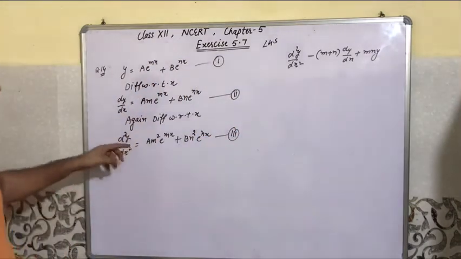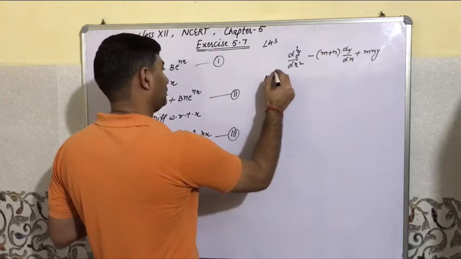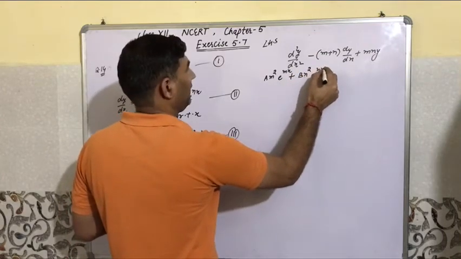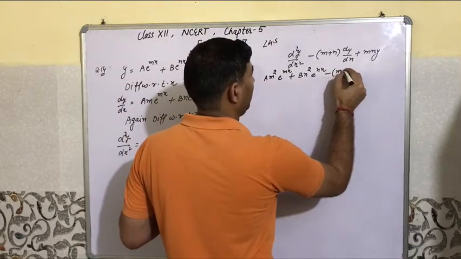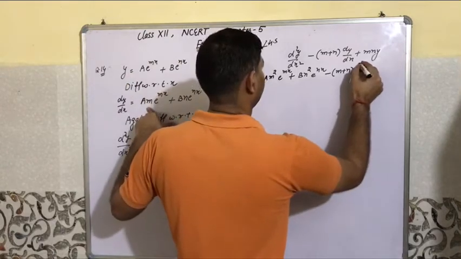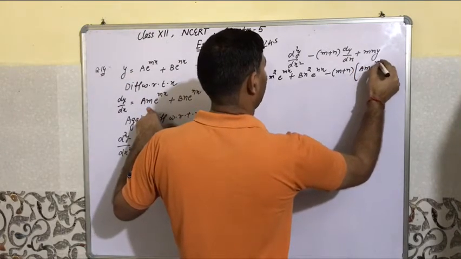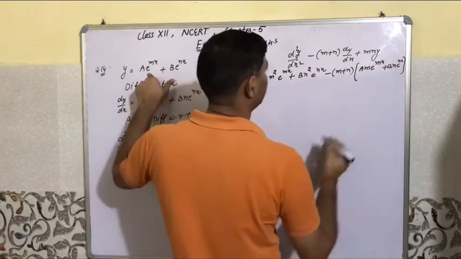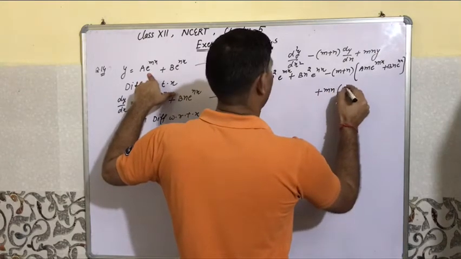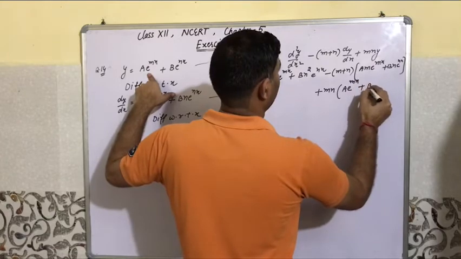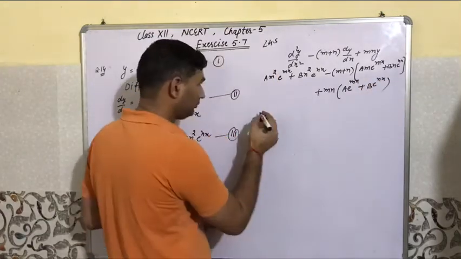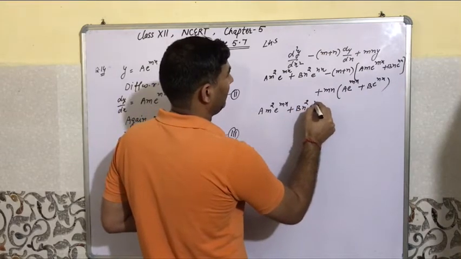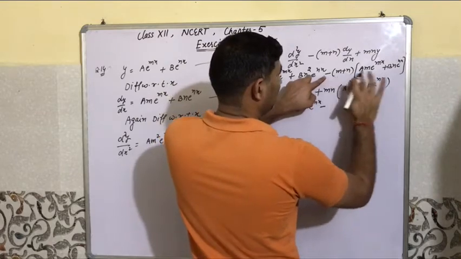तो लेफ्ट हैंड साइड हमने ली और वैल्यू पुट करेंगे, this a m square e raised to power mx plus b n square e raised to power nx, minus (m plus n), and first order derivative is this a m e की पावर mx plus b n e की पावर nx, and then plus m n into a e raised to power mx plus b e raised to power nx, and multiply to this a m square e raised to power mx plus b n square e की पावर nx. माइनस दिस टर्म पहले माइनस से मल्टीप्लाई करेंगे,